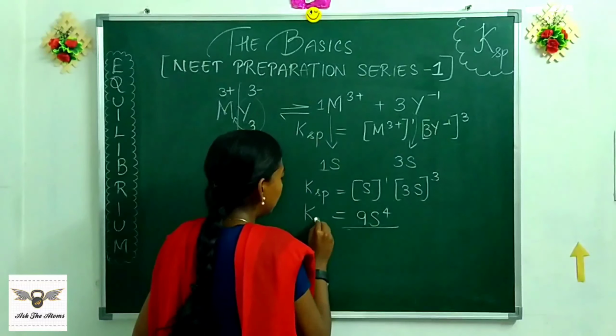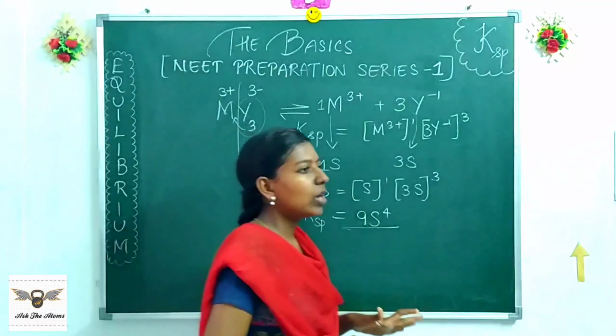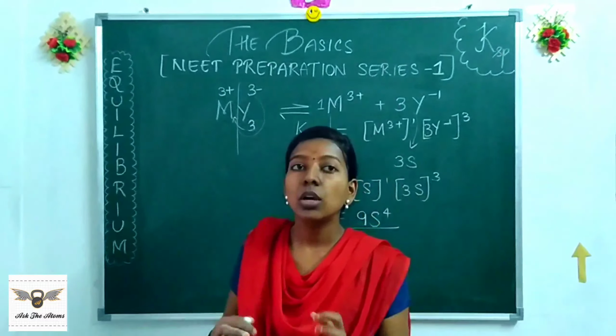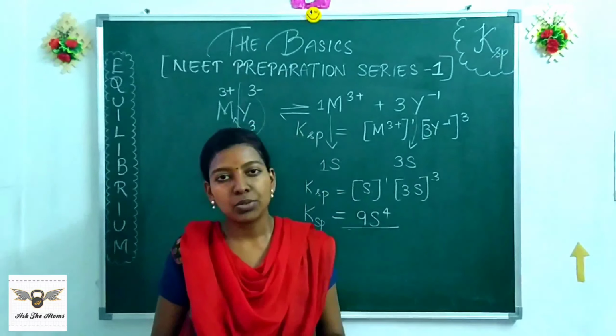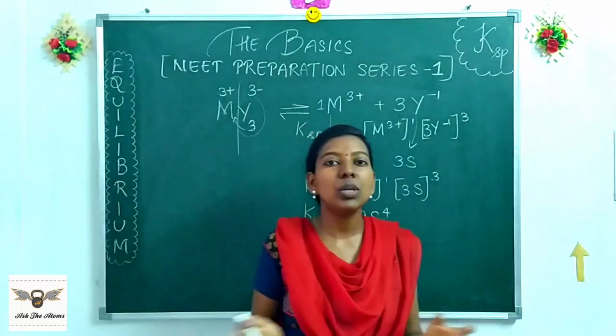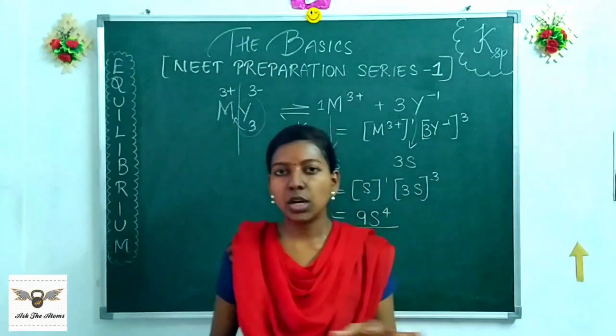This is my simplified KSP equation. Okay, I hope now you have understood almost how to form an equation of KSP, even if you do not know the nature of the ions given in a compound. From this, let us move on to QSP, KSP, and how they both are related, and then we'll have a small discussion on common ion effect. We'll try to conclude along with that.